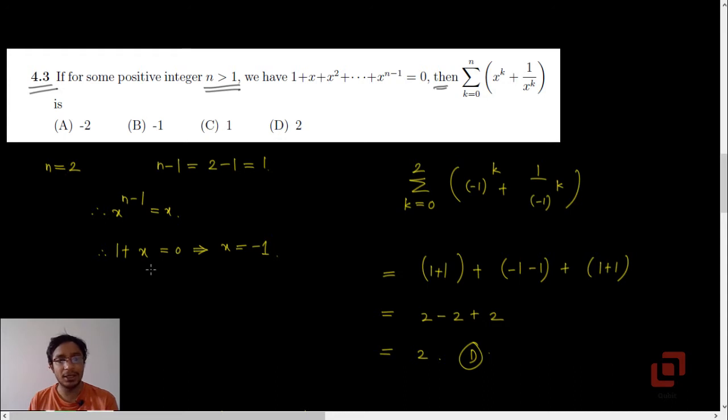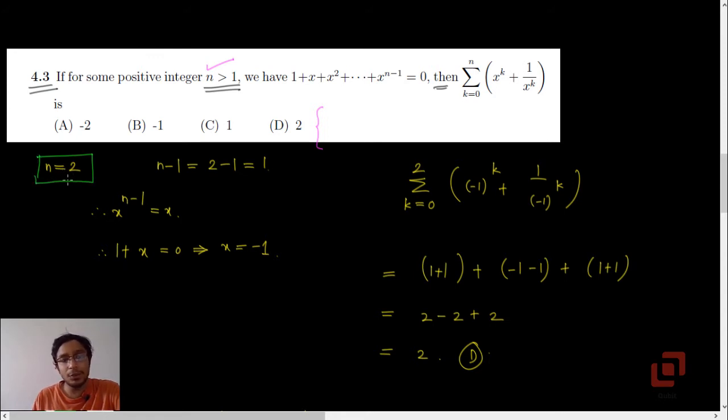Again we are going to bring in our favorite trick, that if the result is true for any positive integer n, it must be true for our choice of n. Because you can see that in the options none of them depends on n, so it must be producing the same result for any value of n. And once we recognize that, our job is done. So I have selected the simplest possible value, that is n equal to 2.